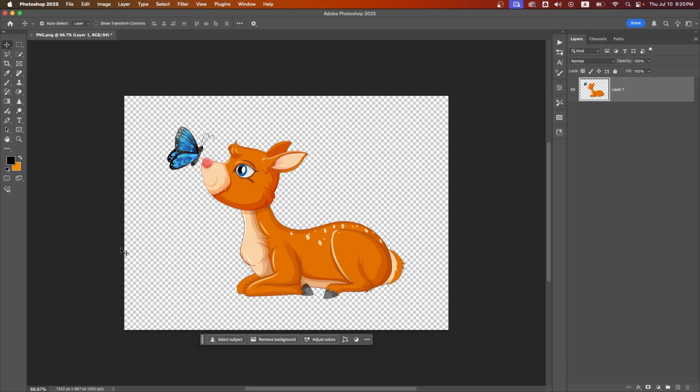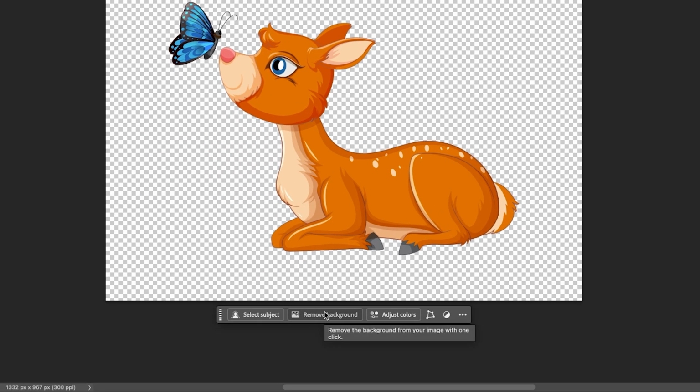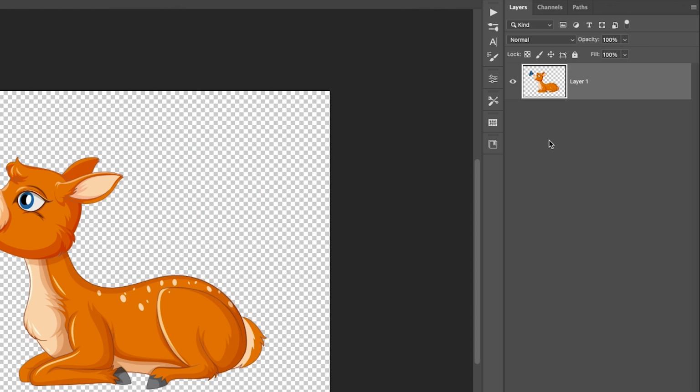First, open your PNG or clipart image in Photoshop. Make sure the background is transparent. If not, remove it using the contextual toolbar or with any selection tool like the Object Selection tool. Now head over to the layers panel, press and hold Command or Ctrl and click directly on the image layer